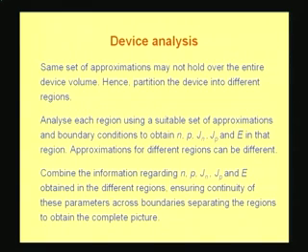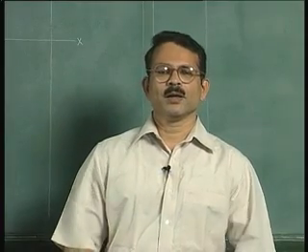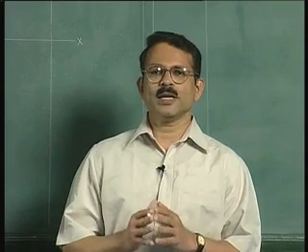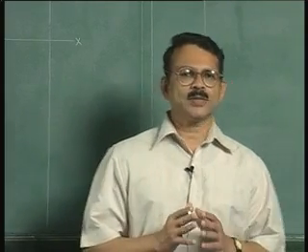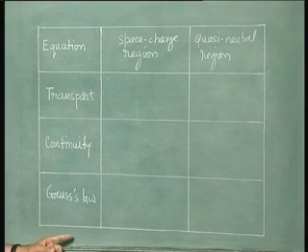Approximations for different regions can be different. So the regions that we considered, that is the space charge and neutral regions, will be analyzed using different sets of approximations. That is why we create a table like this,